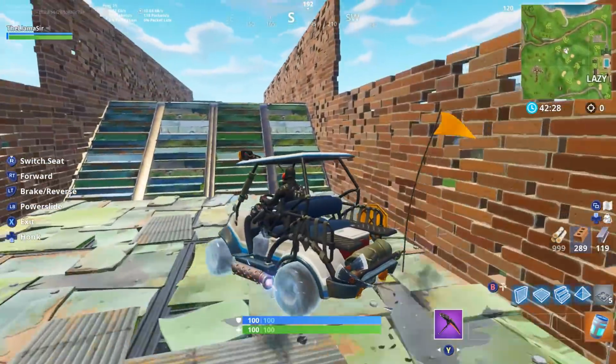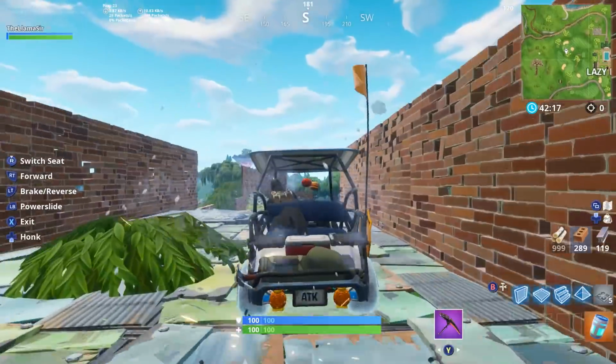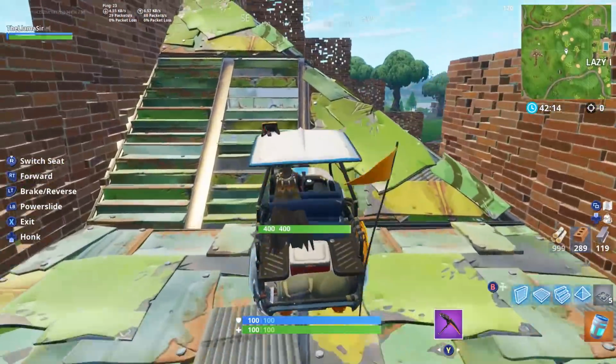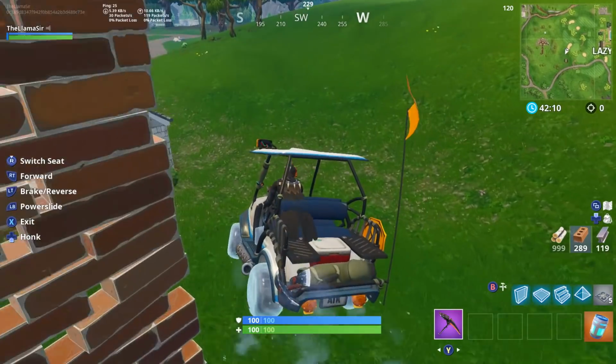So we drift around here. Oh my gosh, you go so much faster when you drift. And I can't go up the hill, no. All right, there we go. Made it up. Ice kind of broke off a little bit, but that's okay. All right, we're drifting around this part right here. Off the edge, and then...